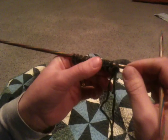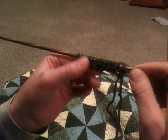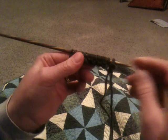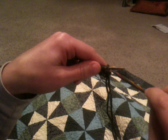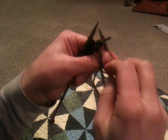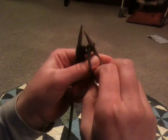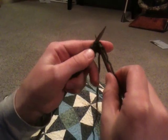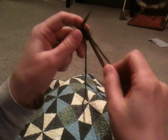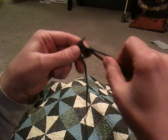So the second row of every color, you slip the first and the last stitch. So this is what it looks like. The first stitch is a purl, so you just put it on your other needle, and then I kind of tighten that up, and your next stitch is a knit stitch, so you'll bring the yarn to the back and then knit that, and then bring it to the front and purl,